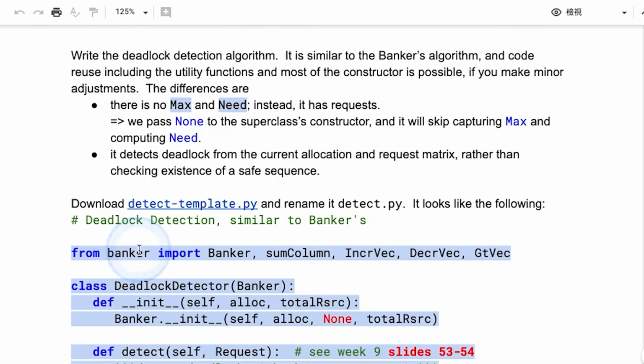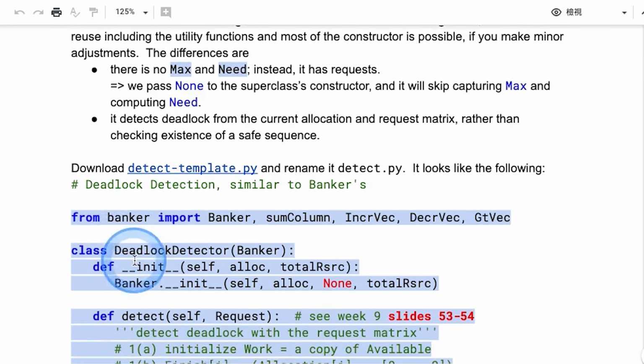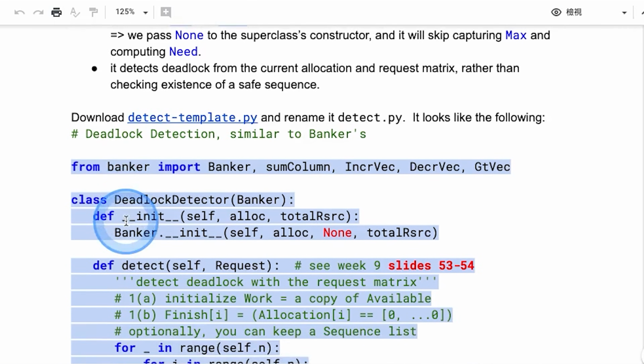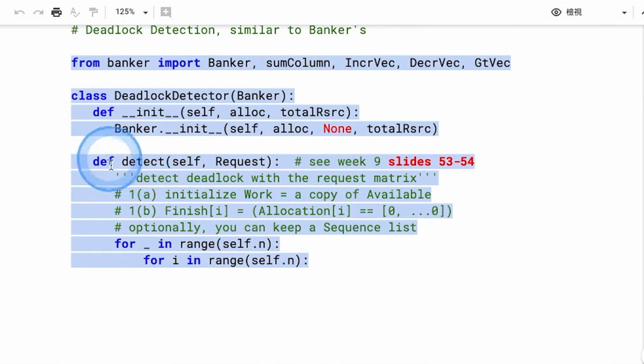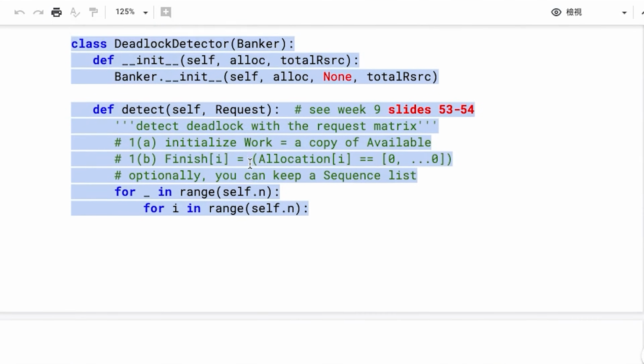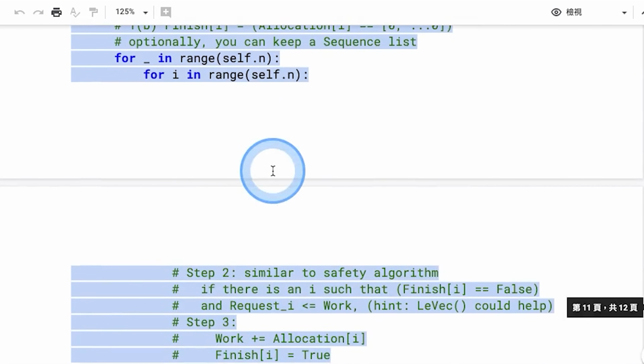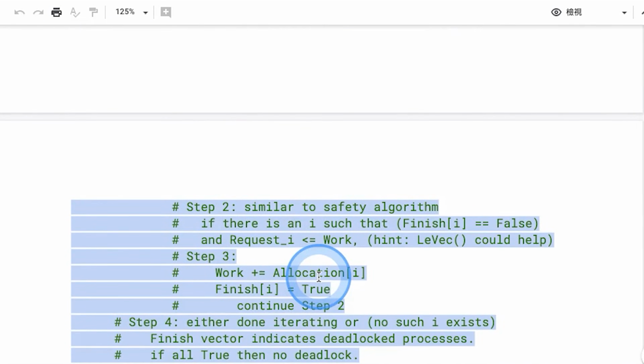And deadlock detection. So you could reuse a lot of this code. You would write the banker in one file, banker.py, and then for detection, you can just import it and inherit from it. You inherit most of it, but you override a few things, right? So you define the detect method, which would take requests, and then the loop is very similar, but you don't make use of max and need.